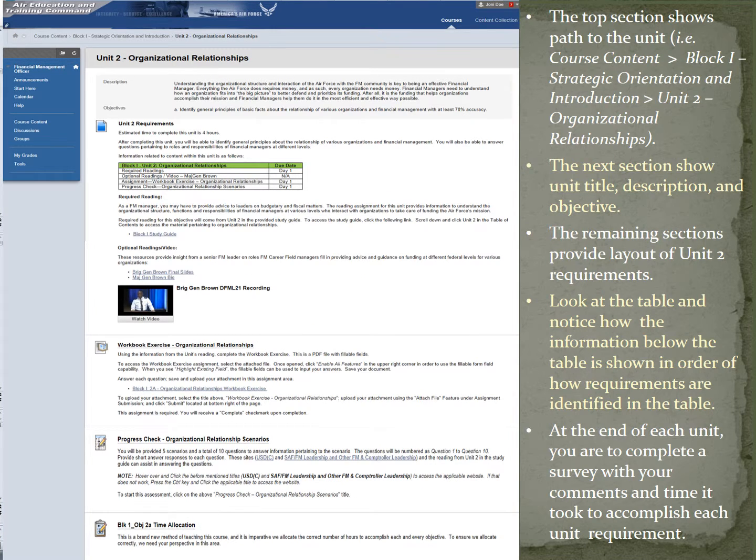This shows a sample of what a unit layout may look like. Each unit will have a table outlining lesson requirements. Looking at this example, notice how the information outlined in the table is shown below the table, but with more detailed instructions. For example, the table lists 4 items. Below the table, each item is shown with more detail for the required readings, optional readings, the workbook exercise assignment,